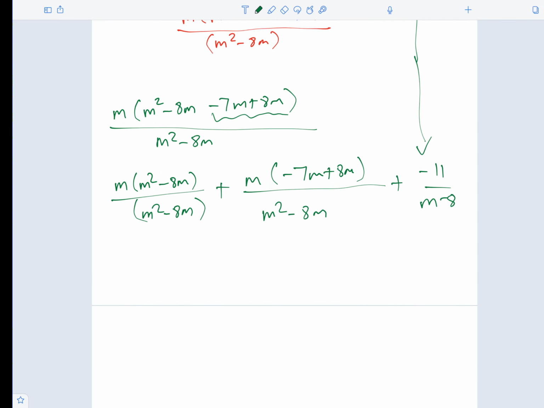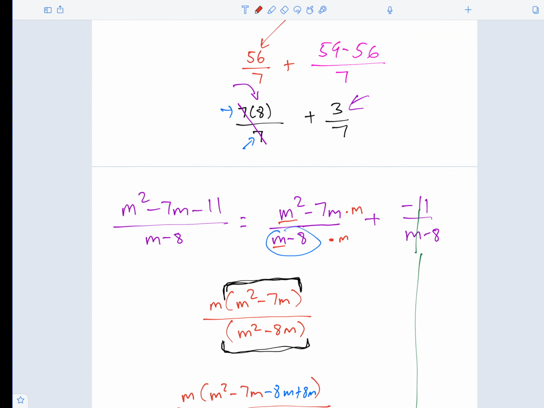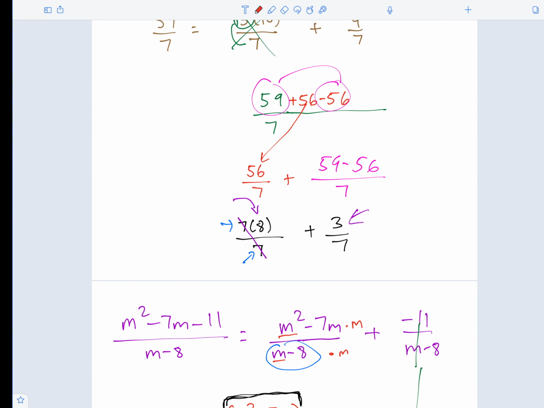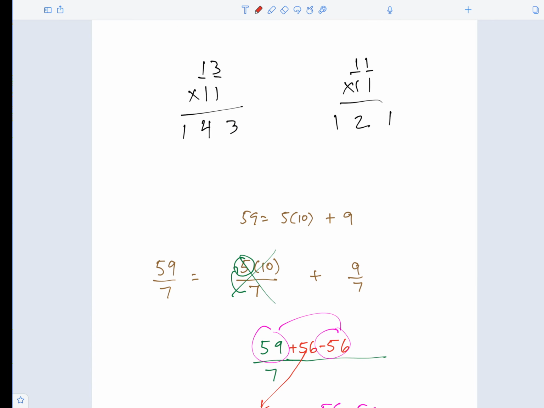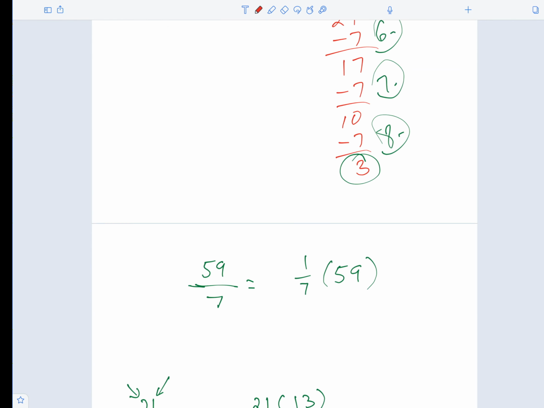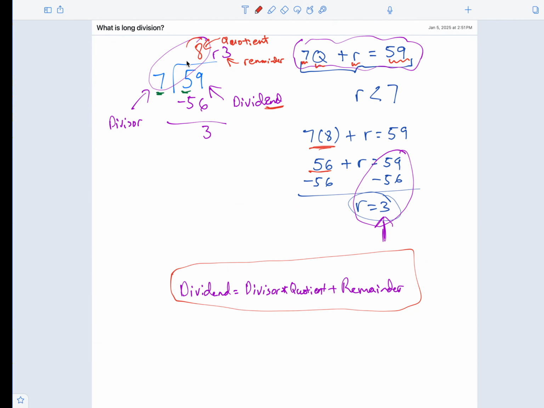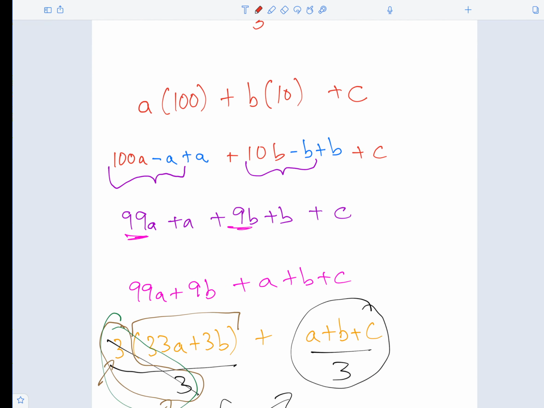Okay, so now we have m squared minus 8m over m squared minus 8m. How many times? Because this gets paired, we're left with m. So again, let's go back to the original example, right? Over here, because these paired, we're left with this value. Let's talk about this with some long division here. So if I divide this the traditional way,